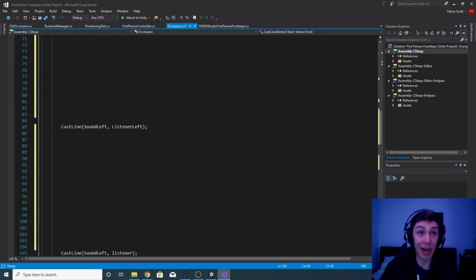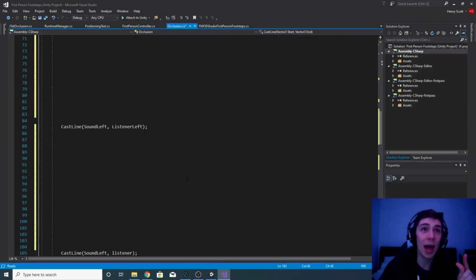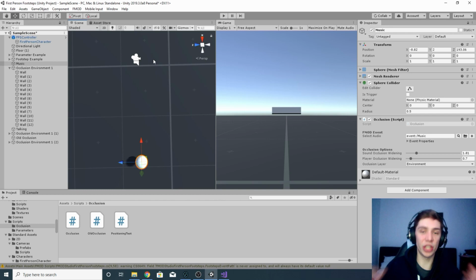In this example here, I'm saying, okay, I want you to start from that position that is to the left of the sound, which is what we just calculated. So start here, and I want you to fire to the position that sits to the left of the listener, which would be this position here, which again, we would have already calculated with our calculate point function. So this is going to fire a line from the left of the sound to the left of the listener. If I quickly play our scene,